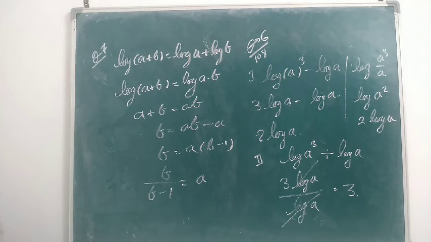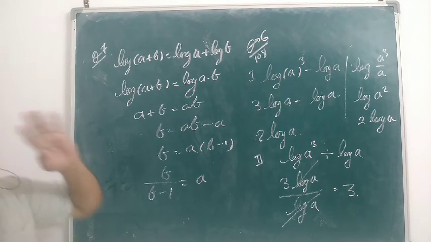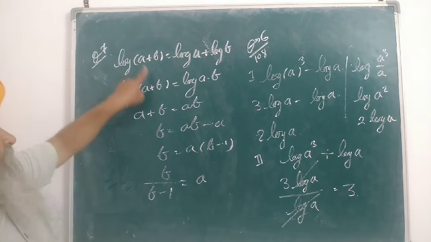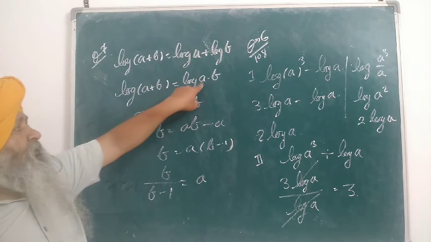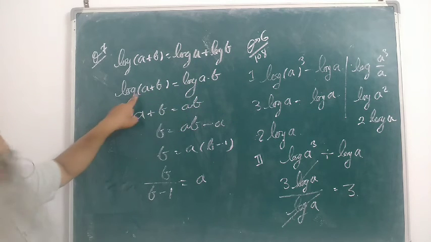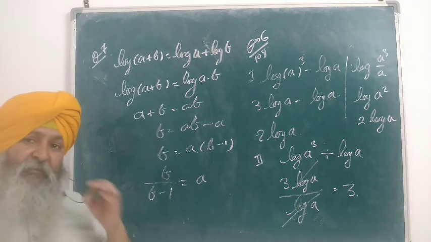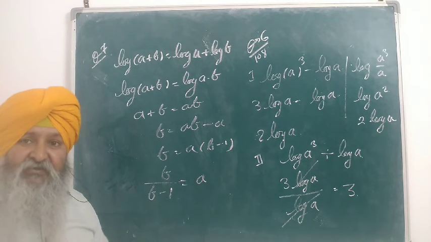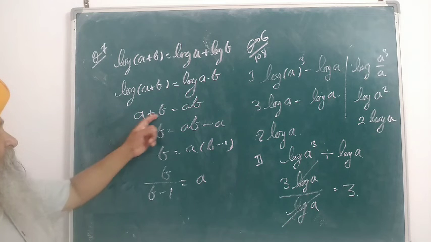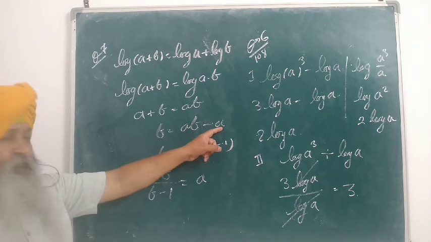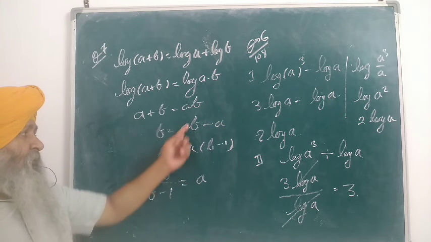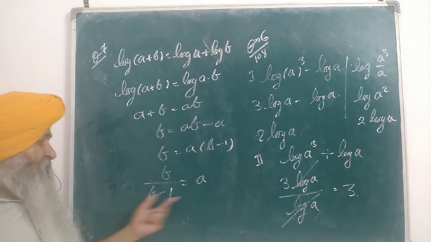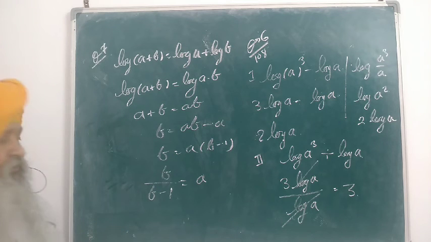Now question number 7. They are saying if this is equal to this, then express a in terms of b, or make a the subject. So naturally it is as it is: log a plus log b, that is log of a multiplied by b. Now both have the log, so we can cancel it, which in mathematics language we call taking anti log. So what has happened? a plus b is equal to ab. This a shifted here, so it is ab minus a. a is taken common. What is left? b. What is left? Nothing, that is minus 1. This a is here, and this b minus 1 comes to the denominator. So this is your answer.